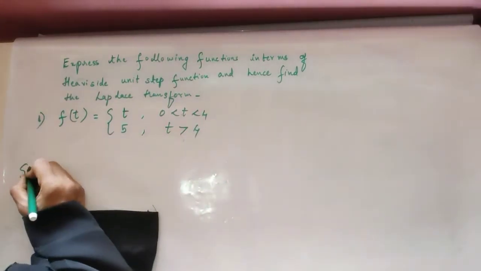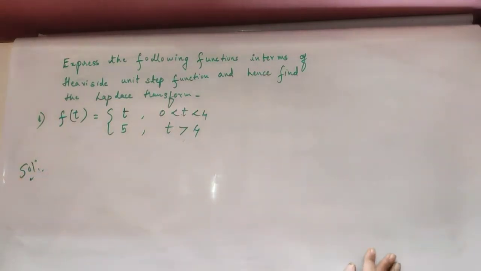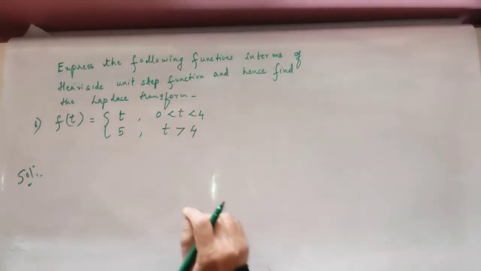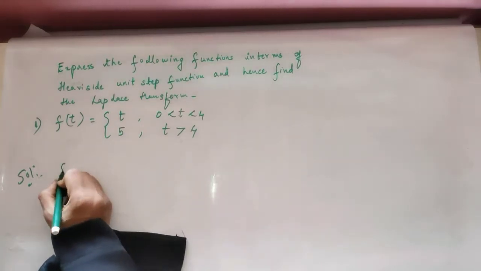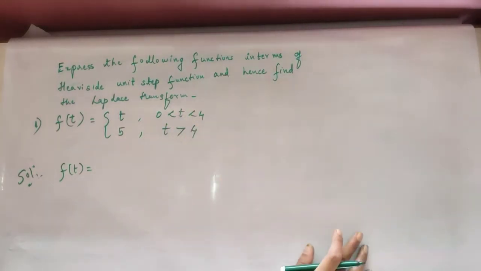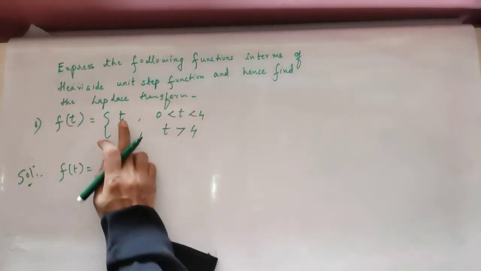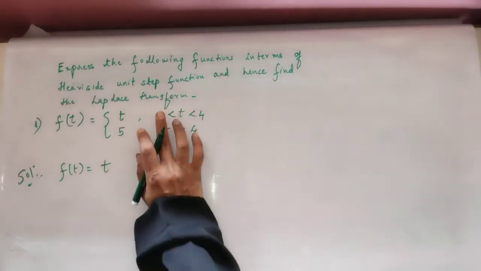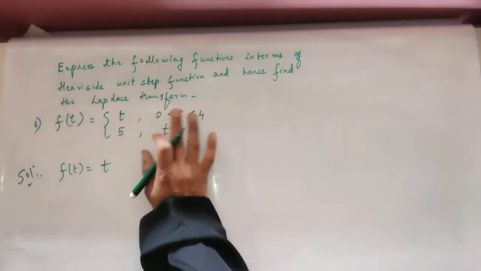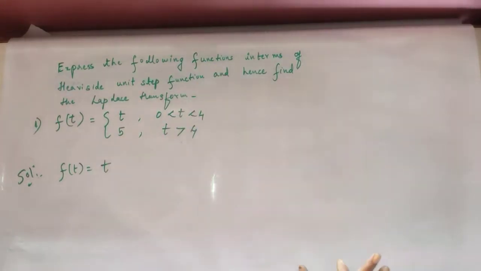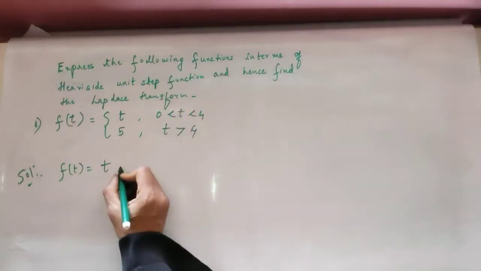The solution goes in simple steps, and I will teach you how to go for it. First express them in terms of the unit step function, then go for the Laplace transform, not directly. So how to express it? Your f of t can be written as follows. It takes the value t in the interval 0 to 4, so the first term you write as it is: t. It is defined in two ways, but we will not define it in two ways. One single statement, with the help of the unit step function, will define it, and with that only you will solve it.